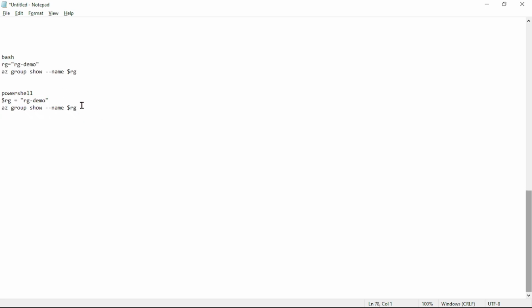Now guys, if you observe these two commands, we are simply displaying the details of a resource group. See this RG, it is the resource group, and this is also the resource group, right? But when we are executing this command in Bash, we have to specify RG is equal to the resource group name. But when we are running this command on PowerShell, we have to specify $RG is equal to. So basically there is a difference when we are working with variables. See, this RG is nothing but a variable, right? So now this is the PowerShell command, right? So if I copy this,